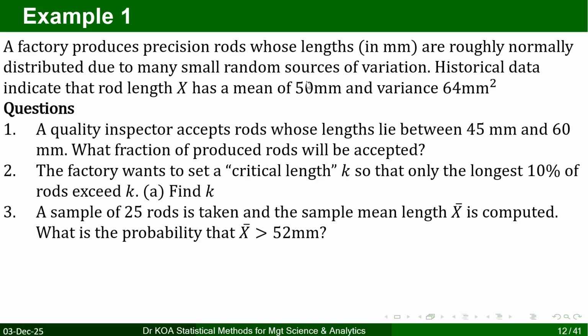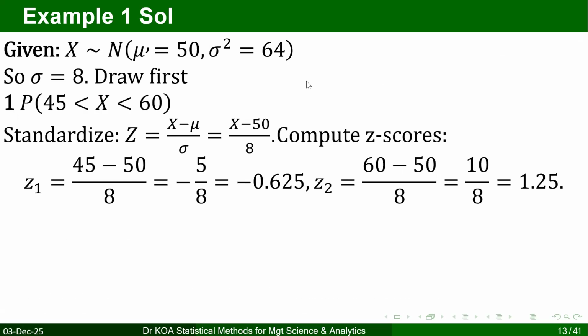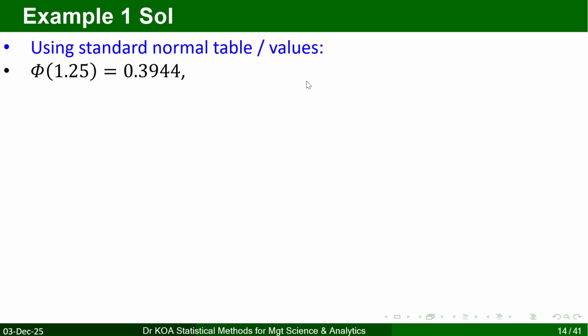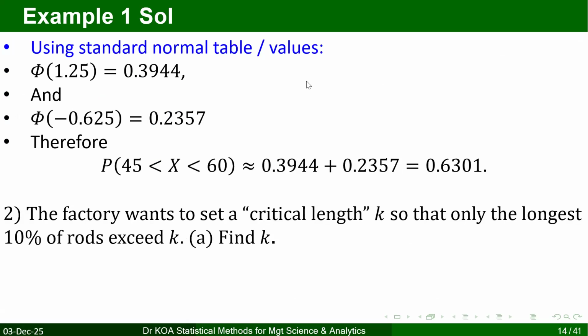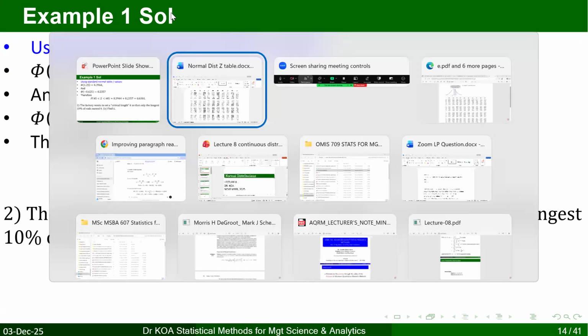Now, your next one you are looking at is the factory wants to set a critical K, so only the longest 10%. So how did you say you were going about it? Okay. So as Prof. Emily had told us, what we were doing was that we knew that the 10% represented